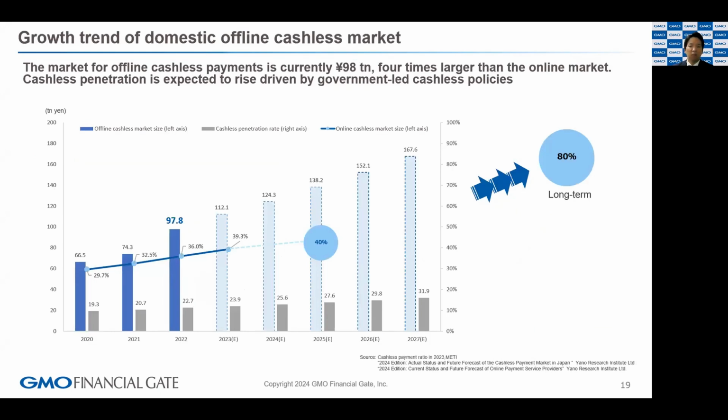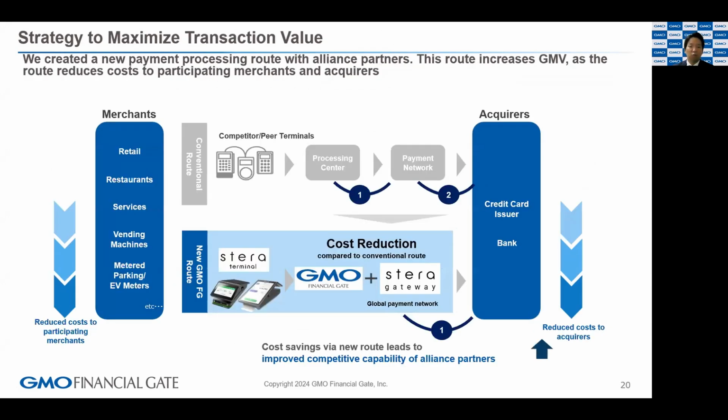The Ministry of Economy, Trade and Industry has set a goal of increasing the cashless payment ratio to around 40% by 2025 and to around 80% in the long term. With these measures as a tailwind for our business, we hope to continue to increase the cashless payment ratio and increase our market share. In order to expand payment volume along with the market, we have developed a new route